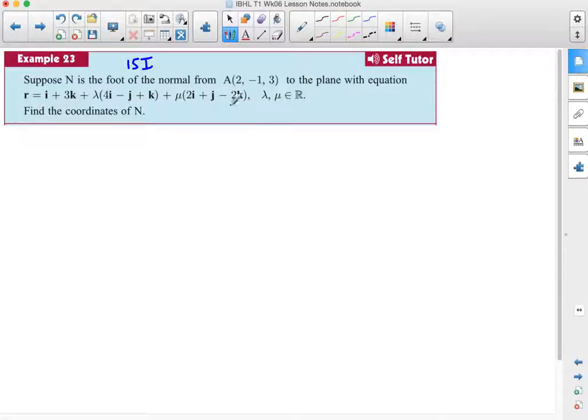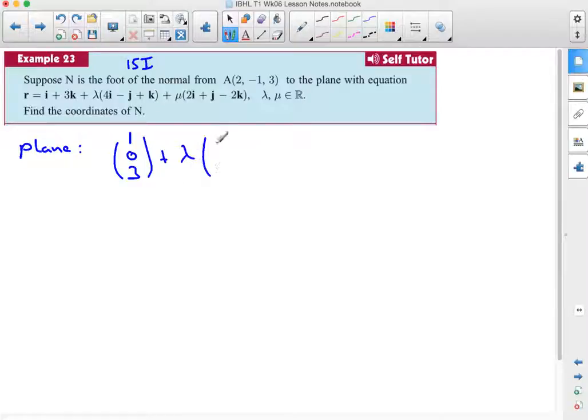So this means that the plane is given in vector format, and the first part here is the supporting vector 1, 0, 3, and this is one of the direction vectors in the plane here with lambda, and the other direction vector in the plane is the one with mu here. So if we write up this plane, we have the supporting vector 1, 0, 3, 1i, no j, 3k,